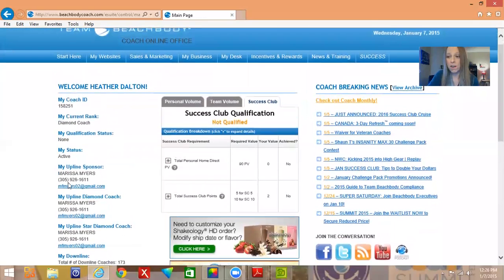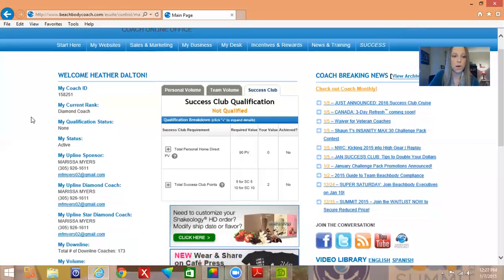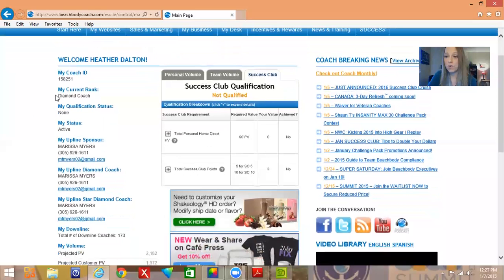This left-hand margin over here all the way down is going to be pretty much a lot of the highlights of what's going on in your business and where you can find some important information. So your coach ID is going to be right at the top under your name. And really you only need that if you are writing in for a customer service issue or maybe changing an order. Sometimes when we're registering for some events or contests, things like that, you'll need your coach ID number. Underneath that, it's going to give you your current rank,